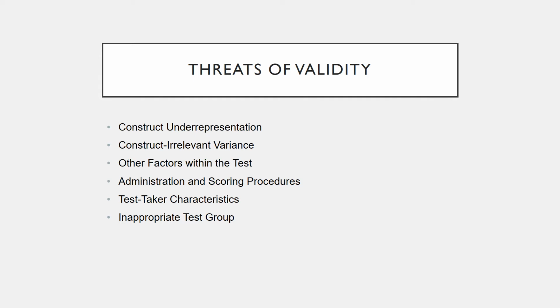On the other side of things, construct irrelevant variance means that it captures too much. So the different variables involved are really too broad to paint an accurate picture of the construct that we're trying to examine. Then there are some other factors within the test that can make a difference. So if wording is ambiguous, if the different variables included are inappropriate or don't connect well enough, if the way that things are worded or constructed or ordered don't make sense, if there aren't enough questions or items on the inventory,